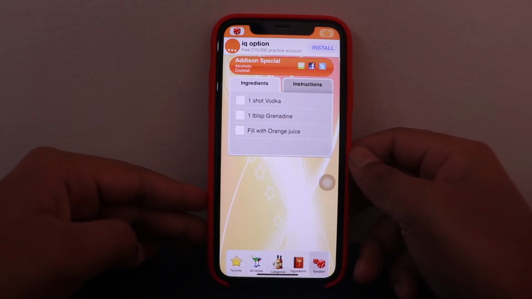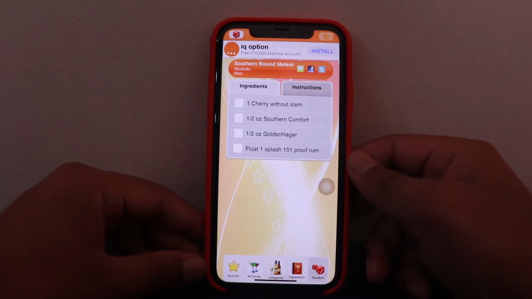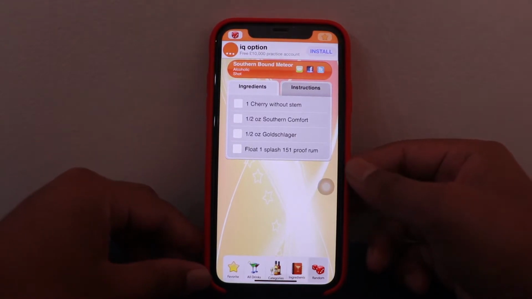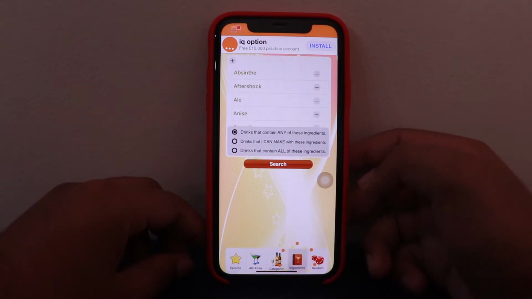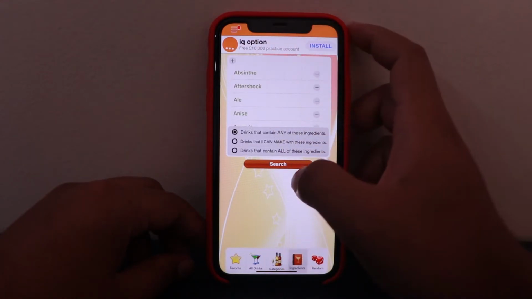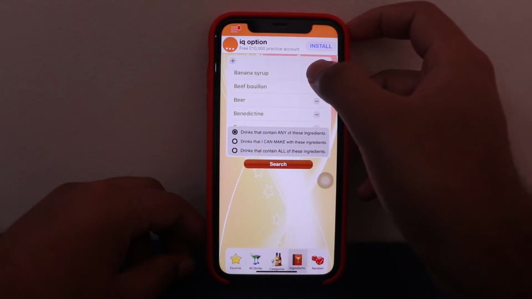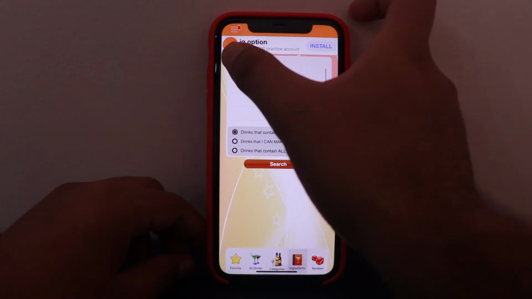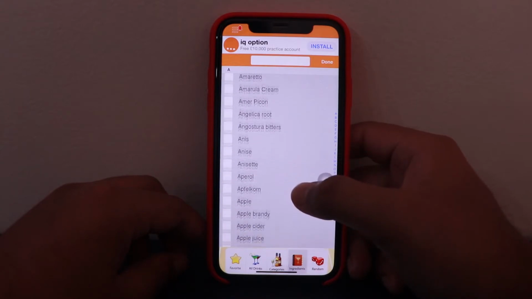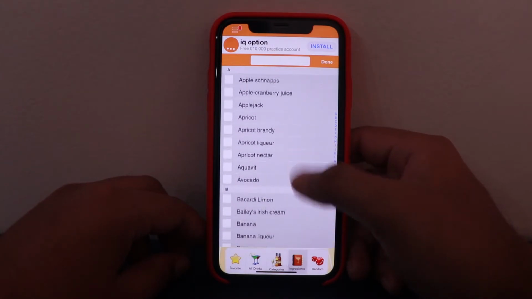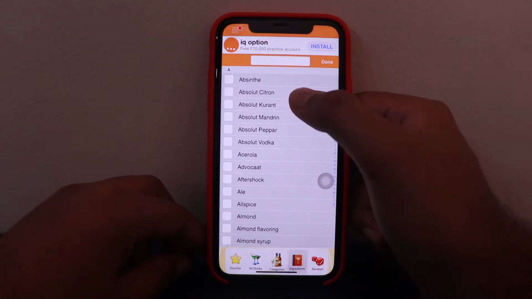And yes, here is another drink, and here's another drink. In a similar way you get different drinks in the randomized section. And there's a section of ingredients. Let me just remove all this. There is a section for ingredients where you can add whatever ingredients you have, and it will suggest cocktails or mocktails depending upon whatever stock you have.